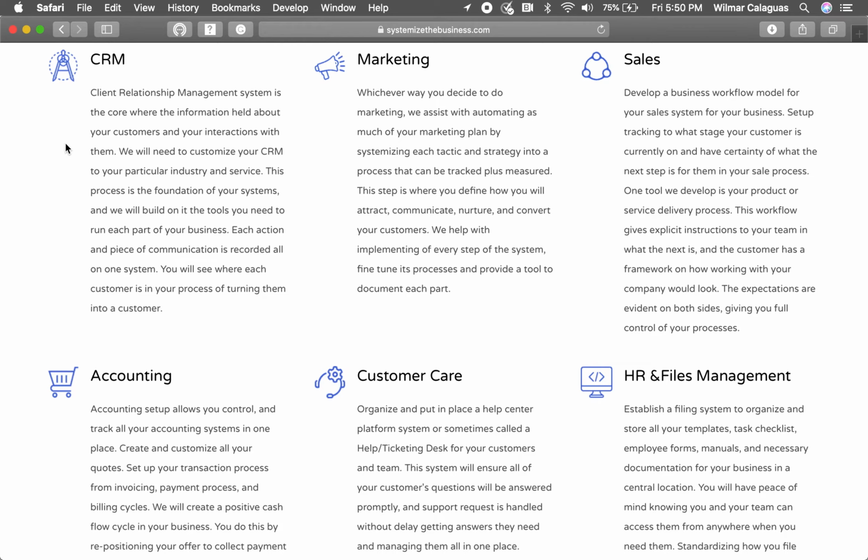So you have to consider in your CRM what types of people you're actually going to be interacting with in your business, and you want to be able to track each of those. And then depending on what type of business you are, there's certain information that you want to collect from